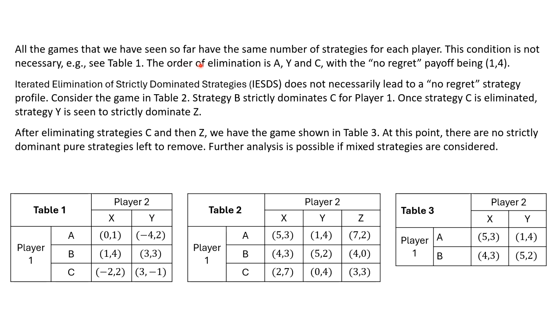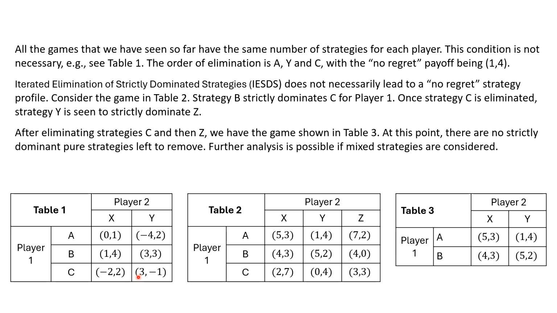And we can do an elimination here on this matrix. You notice B, for player A, B dominates A, so we can eliminate A. And then once we eliminate A, X dominates Y, so we can eliminate Y. And then finally we can eliminate C, and we're left with the no regret solution BX. Okay, so I kind of jumped over the details, but again, you may want to do that in detail just